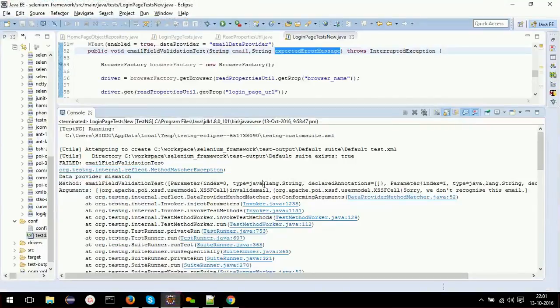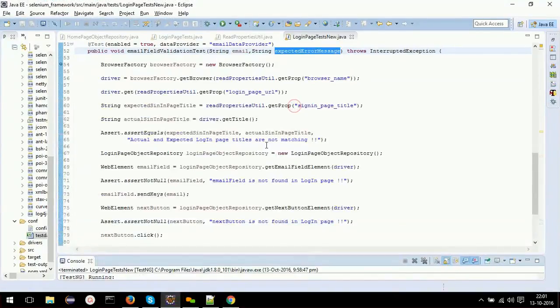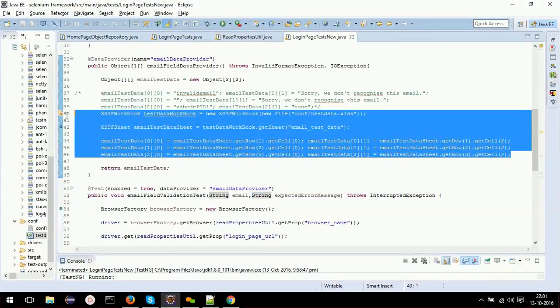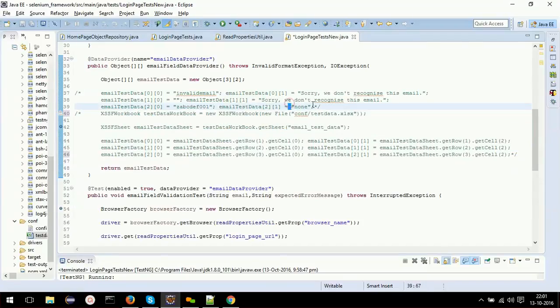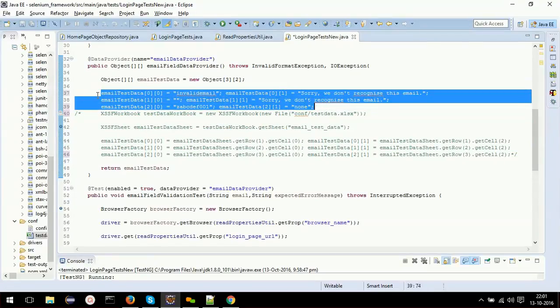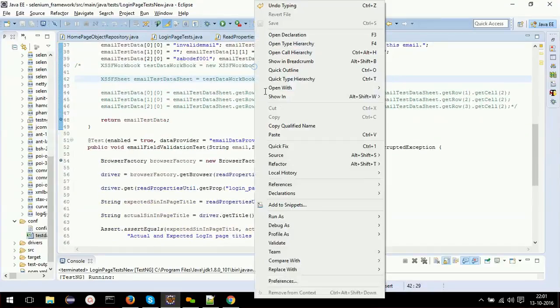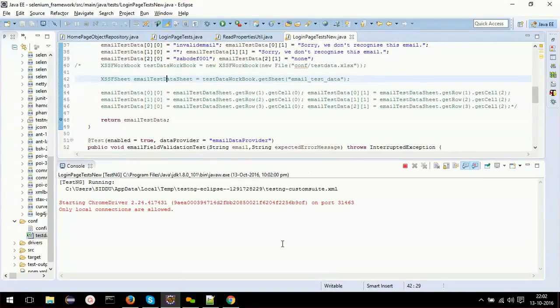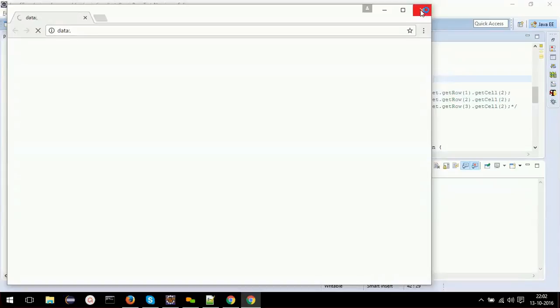Okay, we'll come over here and see passing to 0, 1, 2, 0, 0. It's matching. Okay, it's working fine over here.